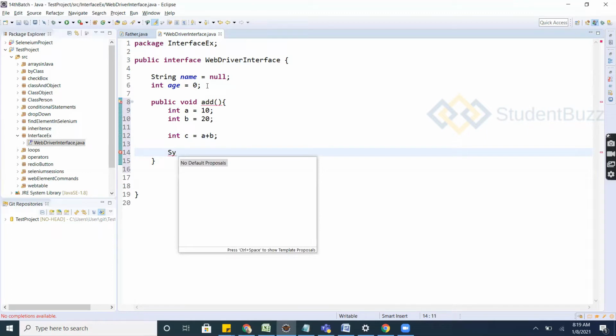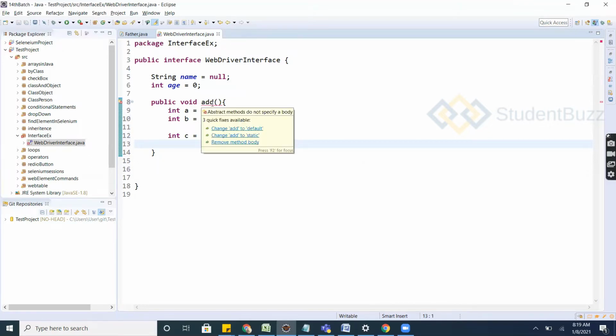It is not coming out because the method body is not allowed, because an interface will have abstract methods. Abstract methods will not allow you to give a method body, and before 1.7 interfaces will not have any method body.